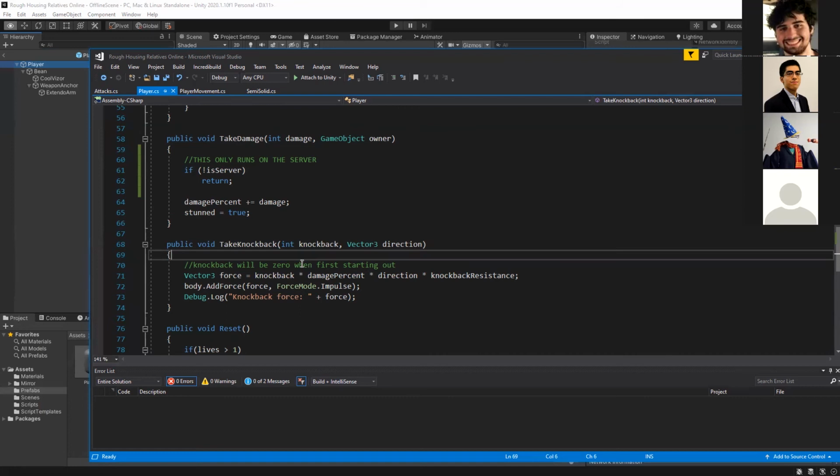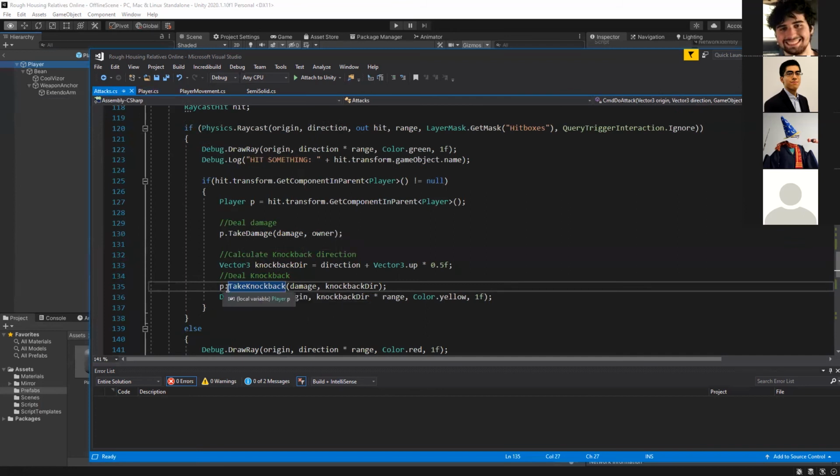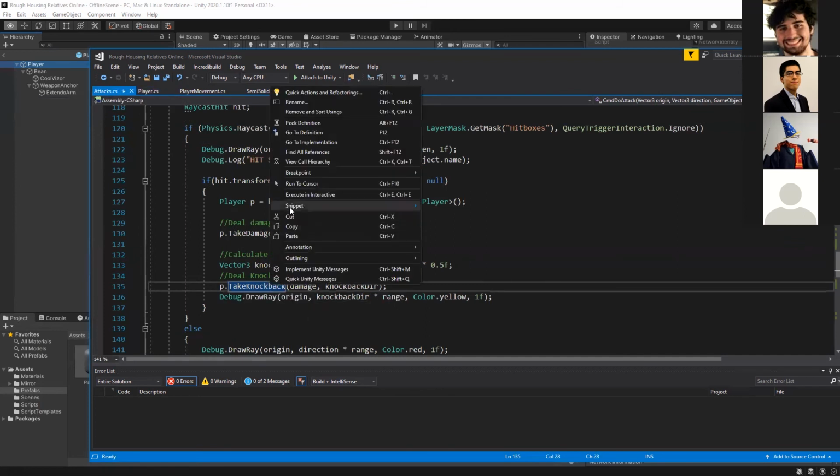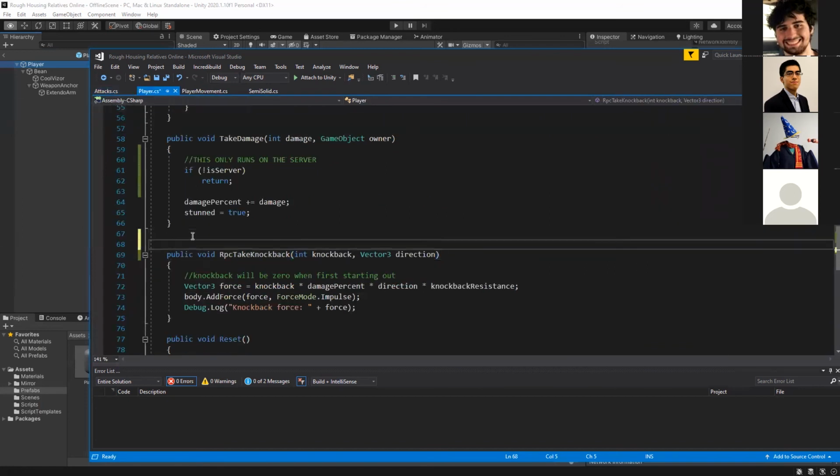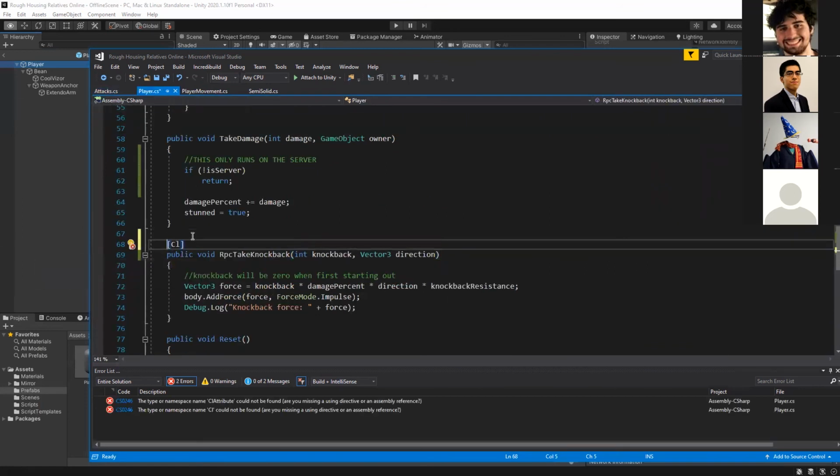It's only happening from client to server. So we want to take knockback into a RPC. So if we go to attacks here, this take knockback, we're going to rename it to RPC. And then we're going to add RPC to it.